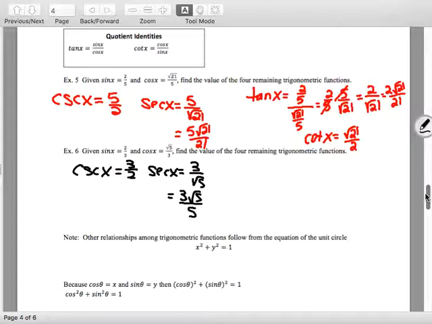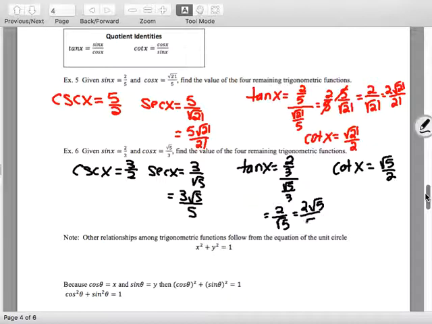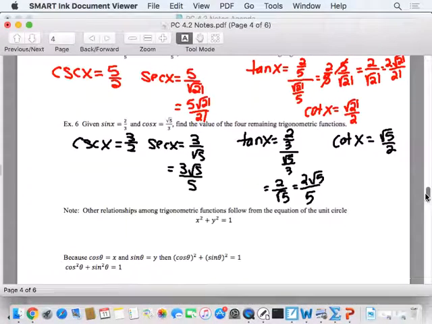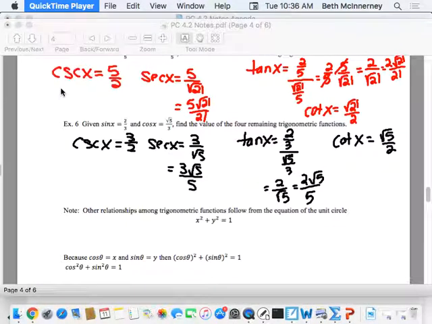All right, cosecant x, I got 3/2. Secant x, I got 3/radical 5 or 3 radical 5/5. To do tangent x, I took sine over cosine, which is 2/radical 5, which I like to pause and flip because that's going to turn out nicely, and then rationalize. All right, we're going to pause there. And I gave you